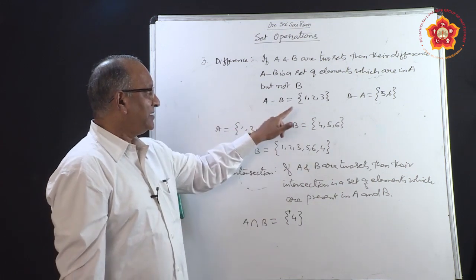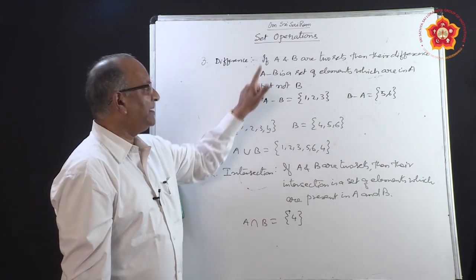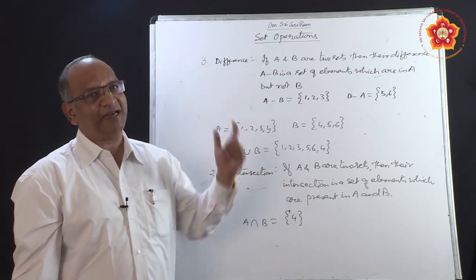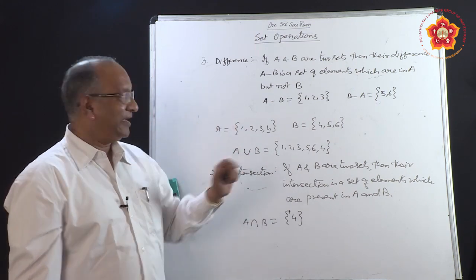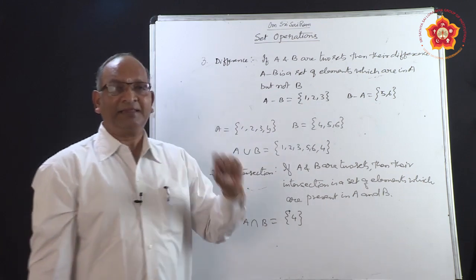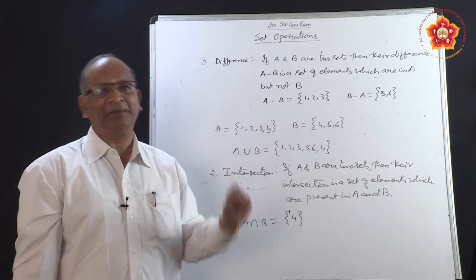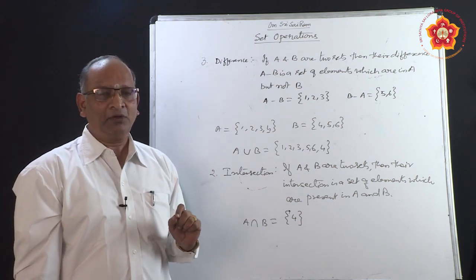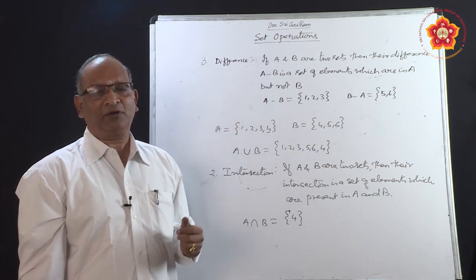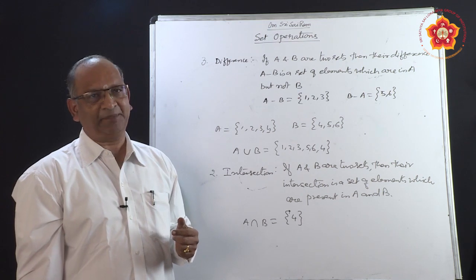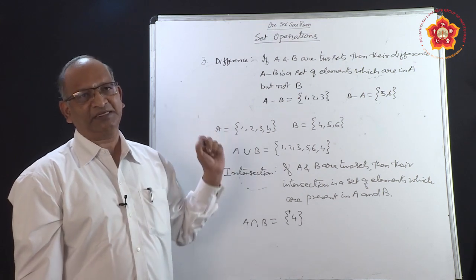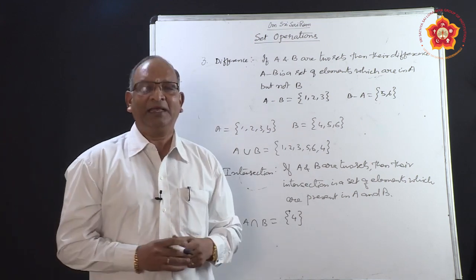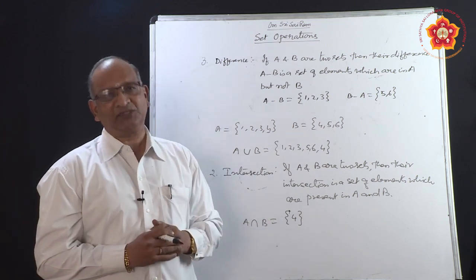A difference B, the elements which are present in A but not in B. From A you have to take only those elements which are in A only, whereas B difference A, we say the elements which are present only in B. So, basically these are the three operations right now. Later on we are going to study multiplication etc. in the next chapter. Right now we will confine ourselves to these three operations, and then as we move forward, let us see the properties of these operations.